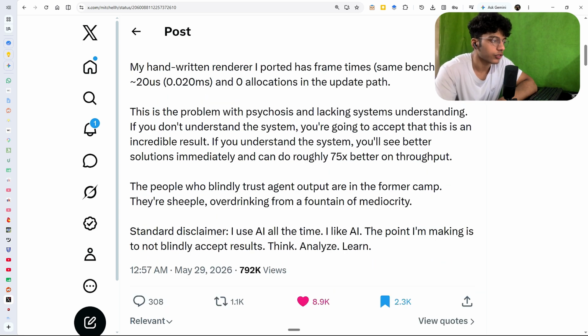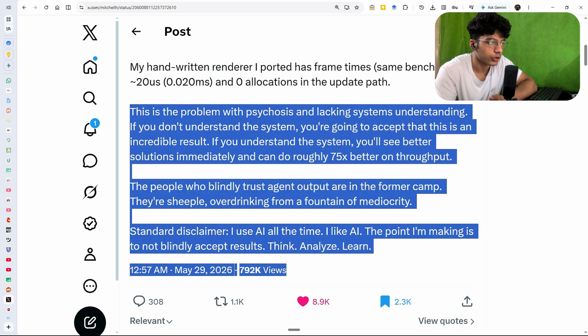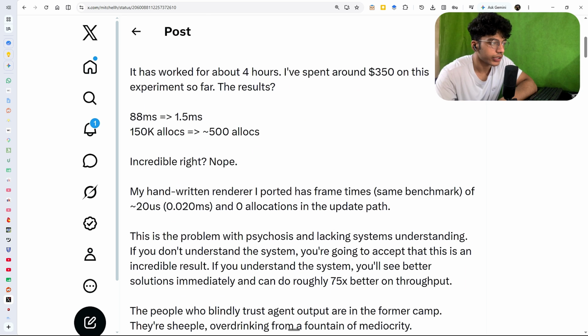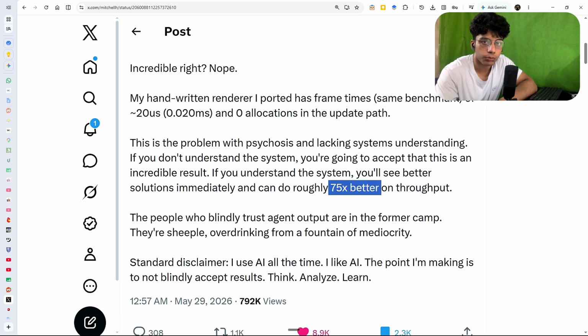And then it just goes on to talk about the exact same things I was talking about in my video, where basically if you yourself don't know what the hell you're doing with AI, you can't guide it properly, and you're not going to see solutions like these where you can get 75 times better output from the agent just because you know how everything works. But if you're just some bloke who doesn't understand systems, doesn't understand coding, you're not going to be able to see solutions like these, especially because AI is trained to sound so confident, and you're just going to end up believing it, right? Because you have no base of knowledge to draw from.